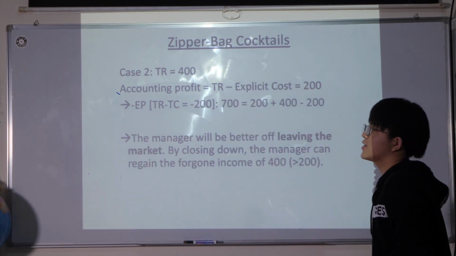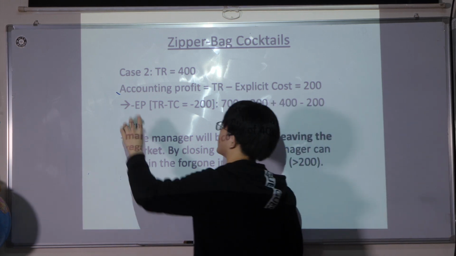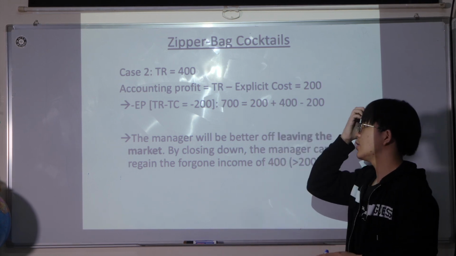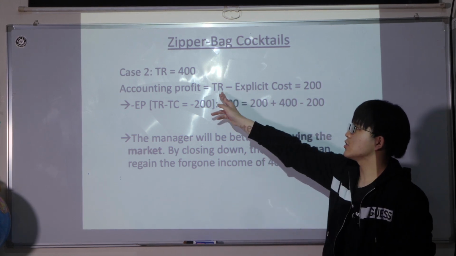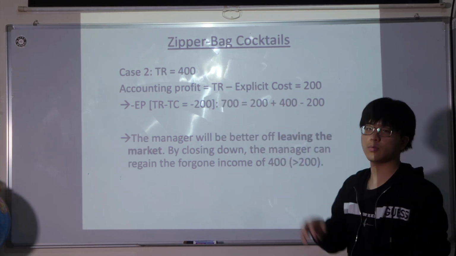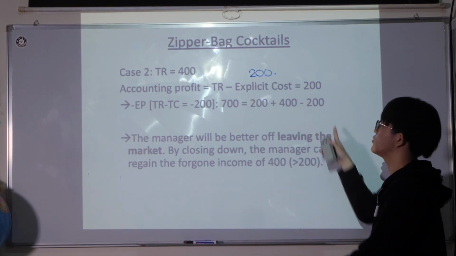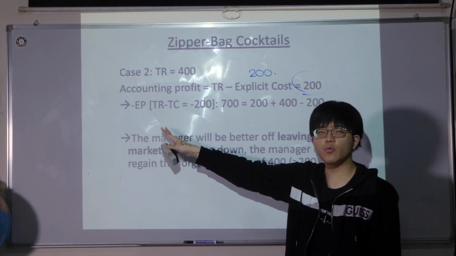Case 2 is quite different. Because our total revenue is decreased significantly, we only earn 400 US dollars. So accounting profit will be calculated in the same way. So total revenue is 400 and explicit cost was 200, right? So our accounting profit is 200. How about economic profit? We will have